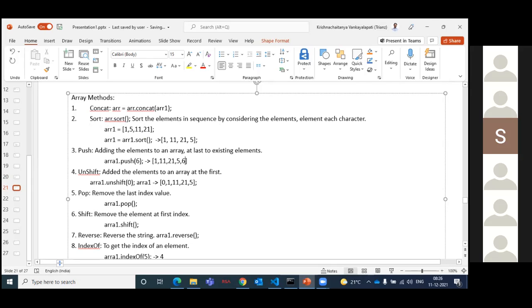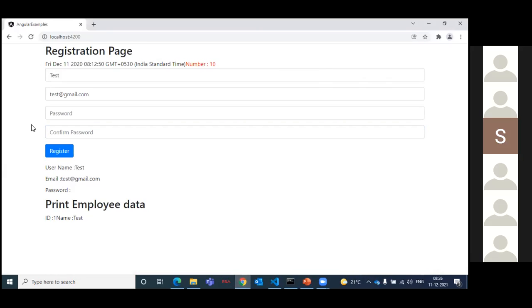So these are the predefined concepts of JavaScript or TypeScript. We need to remember them, and that comes with practice. Create an array and try to add an element to it. Why do I need to try this? Because you are going to design forms. For example, you are going to design a registration form. Once the user enters a value, you need to push it somewhere else. Otherwise, this value will not be kept. You need to push that value.